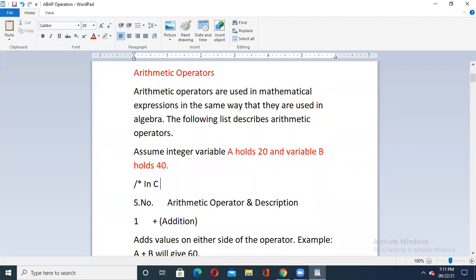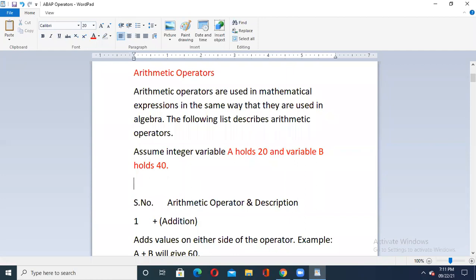It was written like this in C, just in this way. See how a holds, or a is containing, the value 20 like this. We were using this operator that is known as the assignment operator in your C programming. But here we are not going to use it like this. Our method is completely different in this scenario.